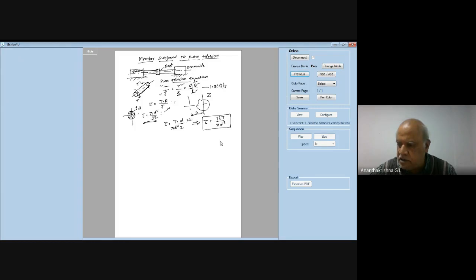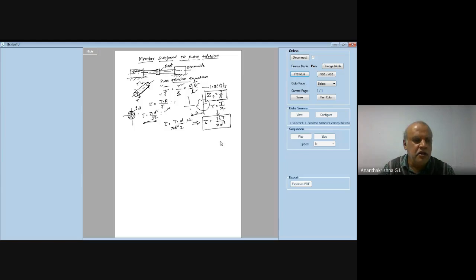Here, this section is called polar section modulus, Zp. That is essentially given by J by R. Is that okay? There it was I by Y, moment of inertia. Here it is polar moment of inertia, J. There it was Y, distance of farthest layer from neutral axis. Here it is going to be radius. Zp is equal to J by R. So therefore, the shear stress is going to be torsional moment divided by polar section modulus. When I simplify, I am going to get the equation 16T by pi d cube.